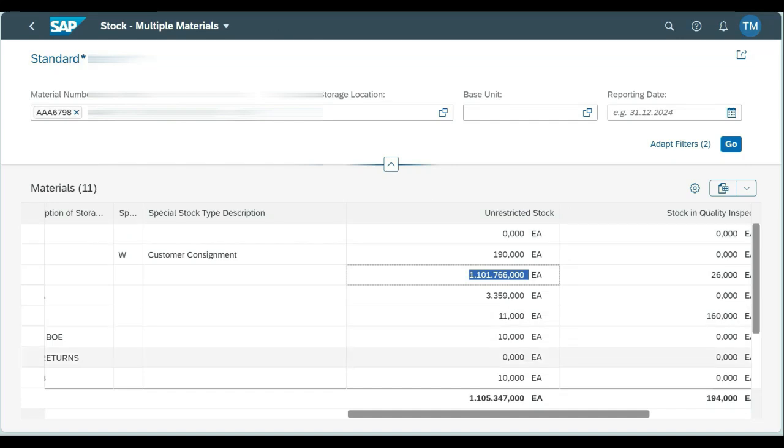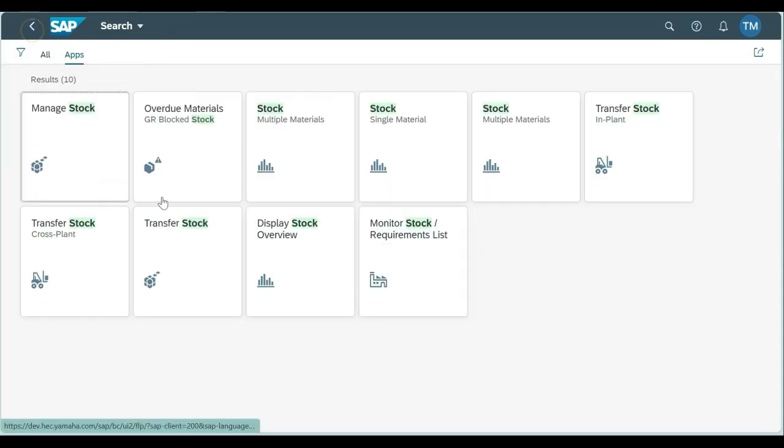But they want to have this another field, right? That's why, instead of touching the standard app, we created a copy of the existing app. Then in the copy of the existing app, we added that field. After adding that field, we created the new OData service and configured the same OData service in the newly created app as well. In that new OData service, we are retrieving the data,